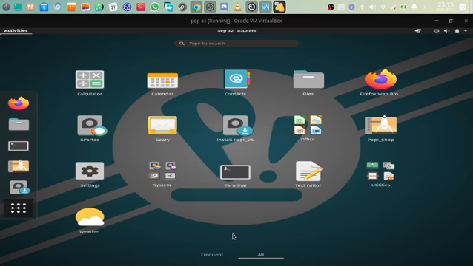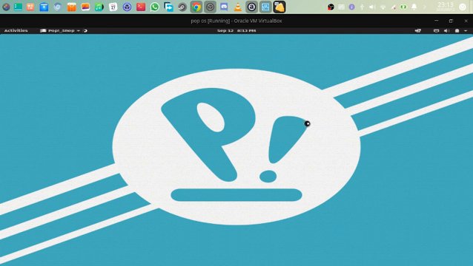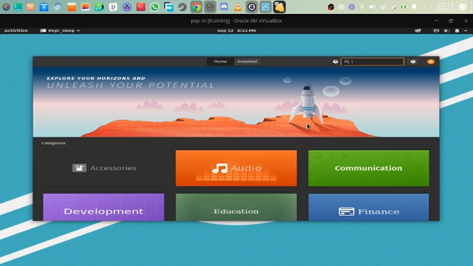I wouldn't say it's as beautiful as the rest, but right now it's the best that Ubuntu has. Ubuntu has other distributions like Kubuntu, Lubuntu, and Ubuntu Budgie.